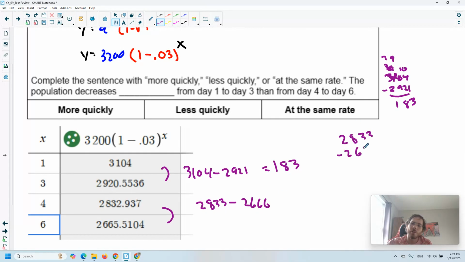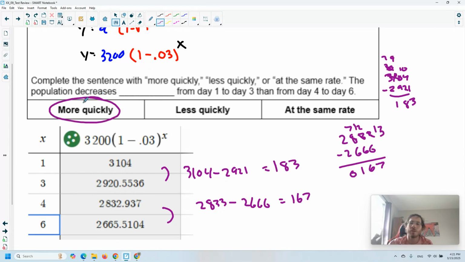2833 minus 2666. So here we got 13 minus 6 is 7. I got a 2, I got to borrow again. So 12 minus 6 is 6. 7 minus 6 is 1. 2 minus 2 is 0. So we get 167. So 1 to 3 is faster because 1 to 3 is bigger, so we're going to